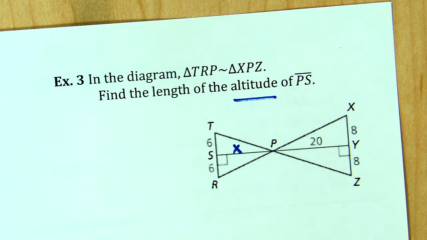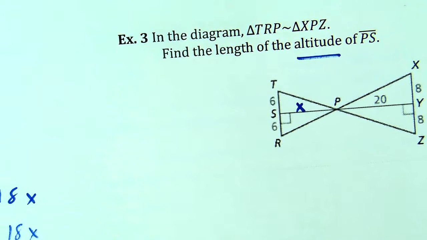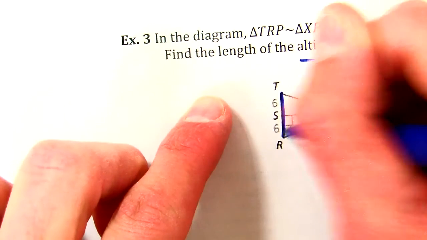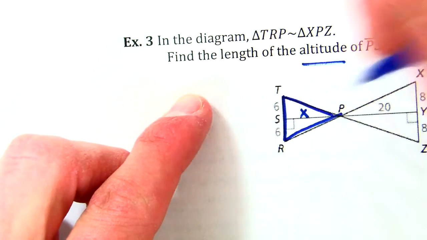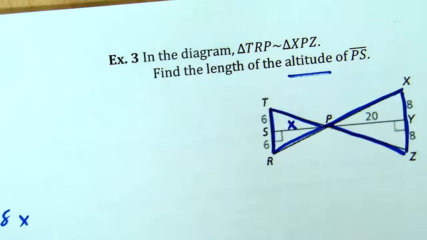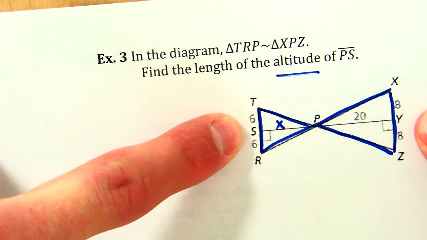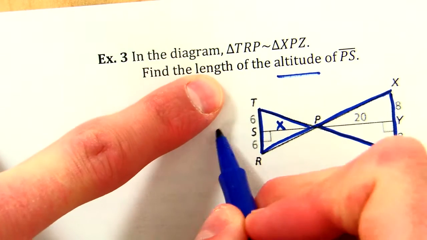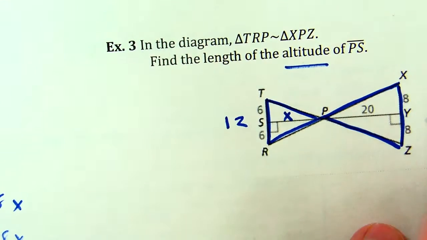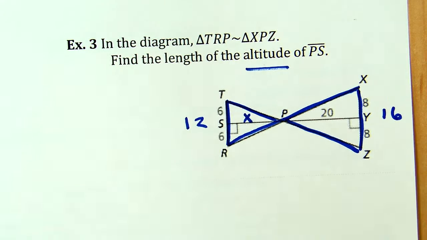Okay. And for the sake of what I think is potentially a little bit easier, I'm recognizing that this triangle and this triangle are the ones that we say are similar. So those are the triangles that I'm going to use. If I look at the bottom side of each of these triangles, notice that 6 and 6, so this whole bottom side is 12, and this whole bottom side has to be 16, 8 and 8. And the reason I'm going to do that is because now I can compare altitudes